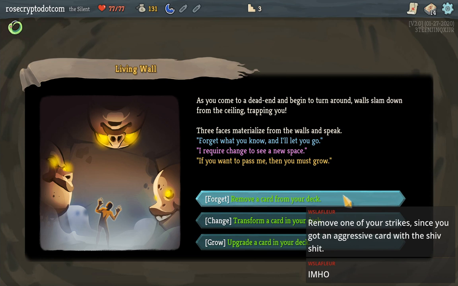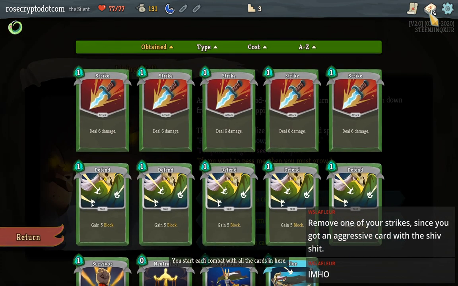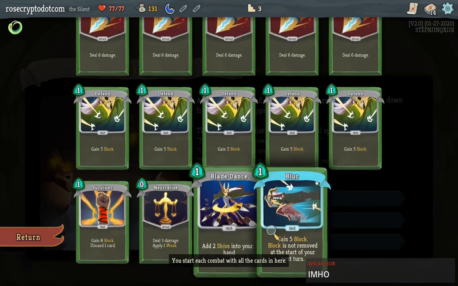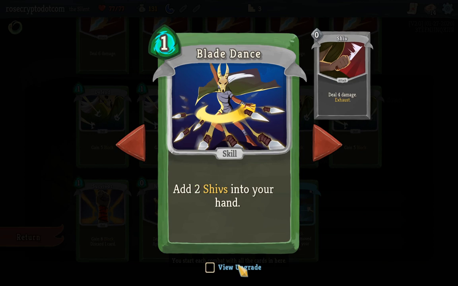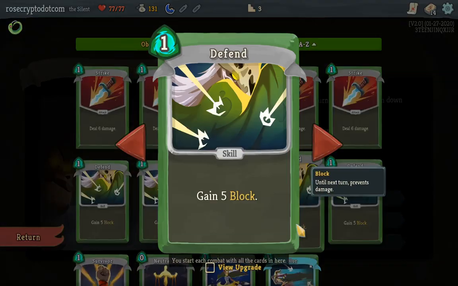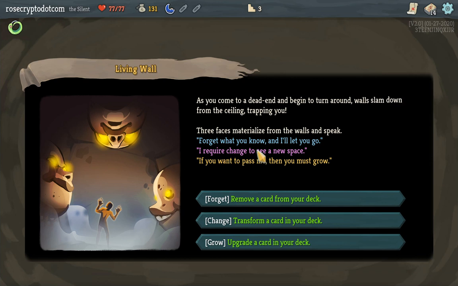Alright, so I can remove a card from my deck. I can transform a card, or I can upgrade a card. Wesley is advising me to remove a strike because I got aggressive with the Shiv, which I think is probably the right choice, but for my own erudition, I would like to take a look at some of these upgrades. Whew, I can upgrade Blade Dance, brother! 3 Shivs! 1 block. Of course, these are just... I hate it, but I think...